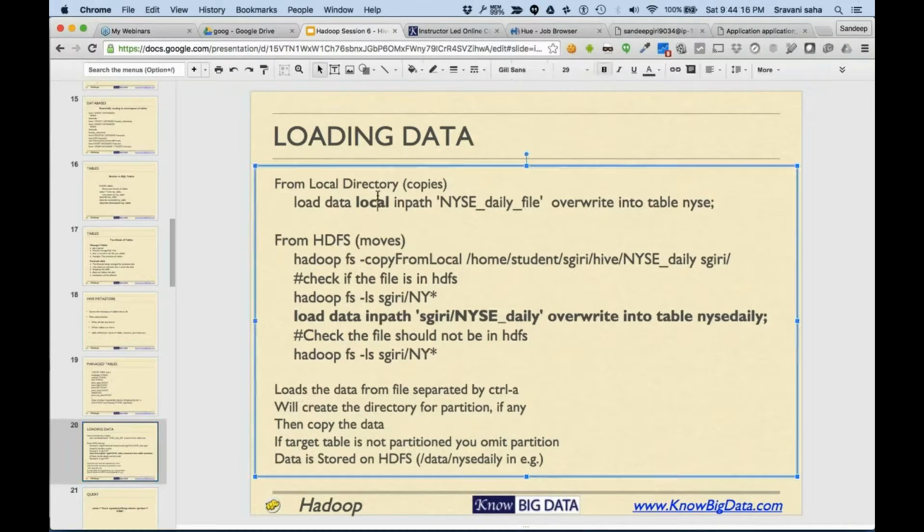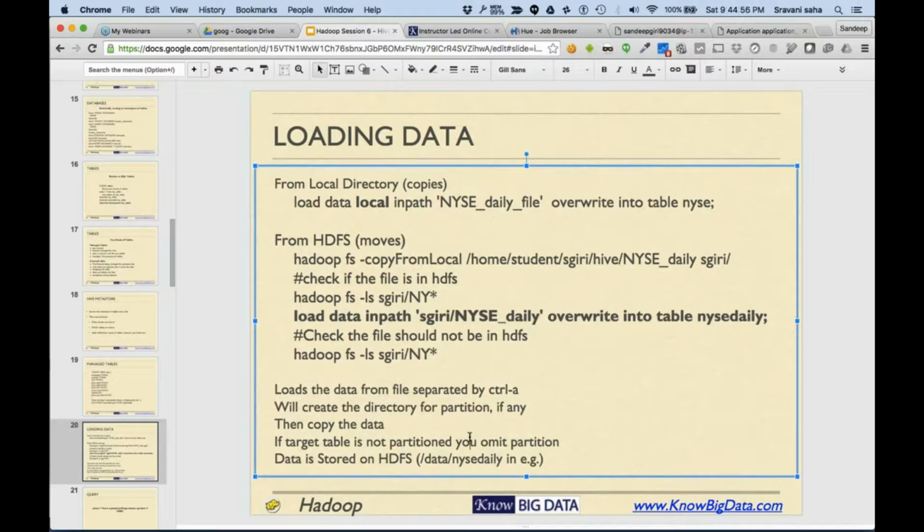All right. So we basically first made a local copy of this file and loaded it. We could have also simply loaded it from HDFS. If we do not use the local keyword, we can directly load the data from HDFS into a table, with load data inpath. By default, the load command loads data separated by control A unless you specify some other character in the table description.